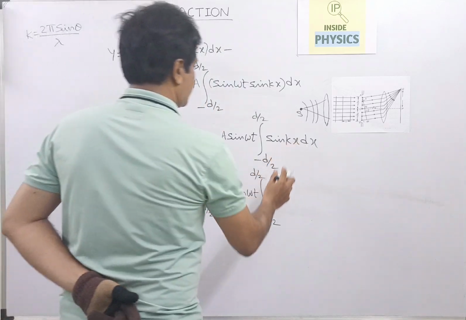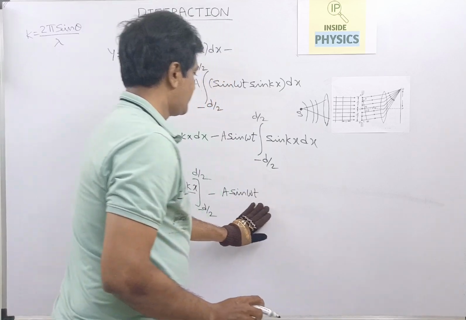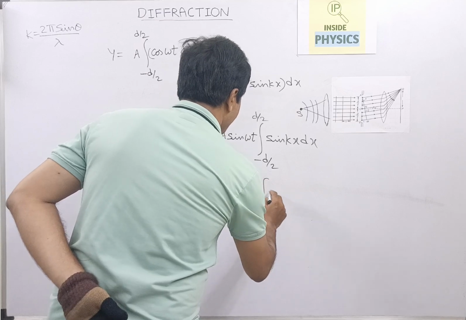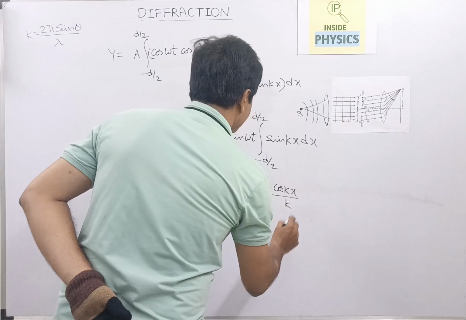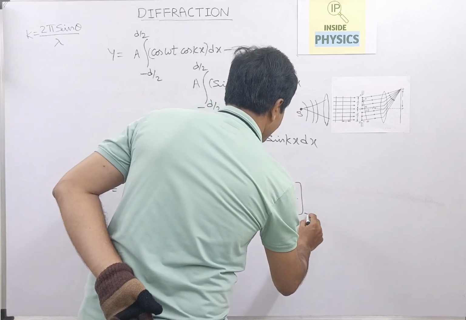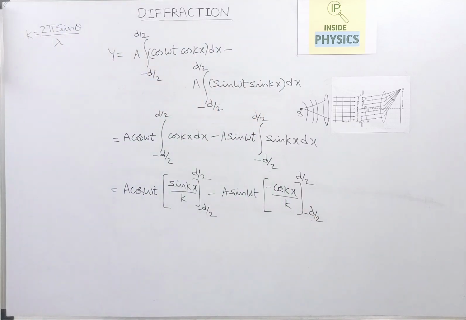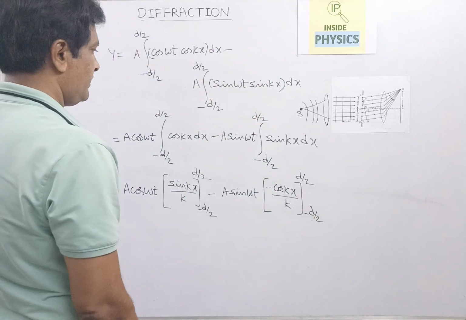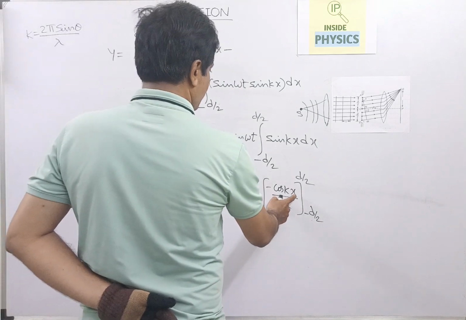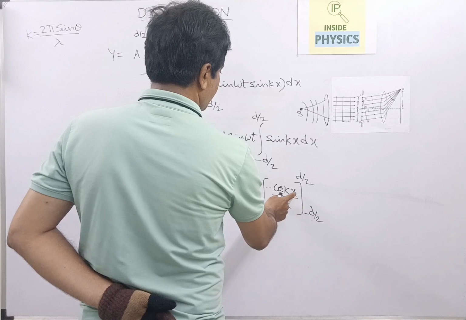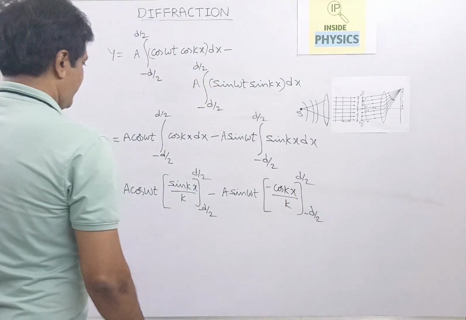Again here, a sin omega t between the limits minus d by 2 to d by 2, sin kx dx. This can be written as, we will remove the integration. Why? Because after integration this term becomes minus cos kx by k between the limits minus d by 2 to d by 2. So sin kx will become minus cos kx by k. So if you substitute these limits in the place of x, you can have this as